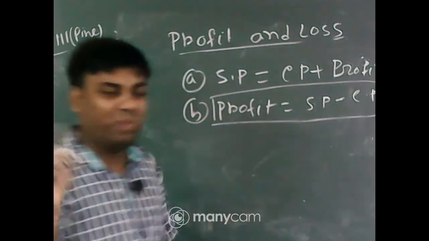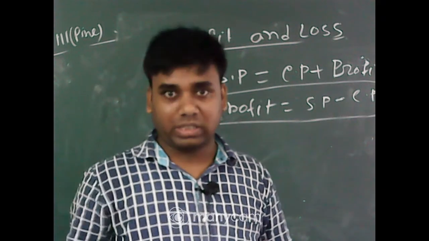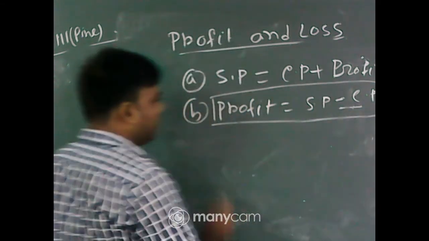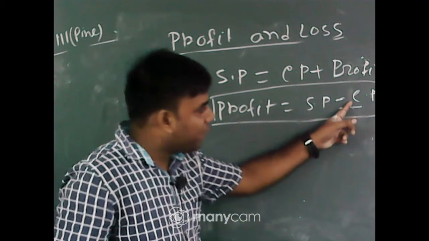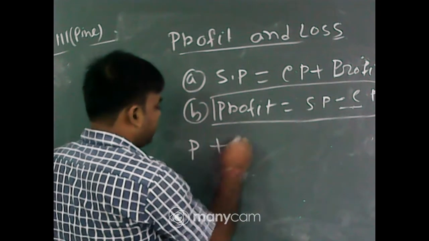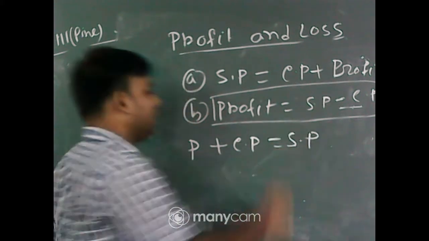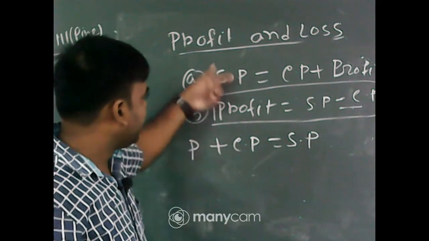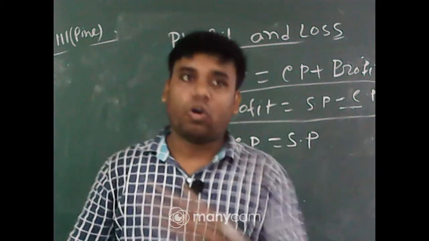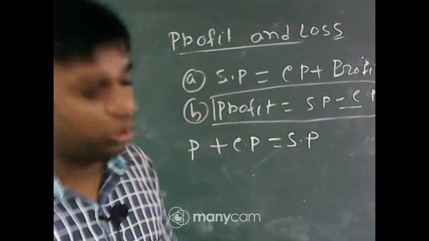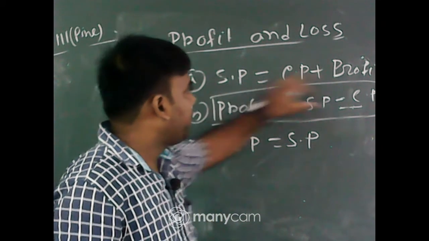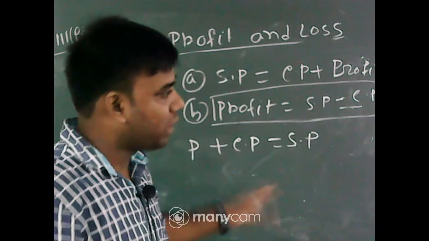Now we have learned the solving of linear equations. Just bring CP to this side. P is for profit, and CP is minus on that side of the equal sign, so it will be plus. Just think about that. So SP equal to profit plus CP. Except Chandranath, all of you have given the wrong answer, and well done Chandranath. Is it clear to all of you? SP equal to CP plus profit and profit equal to SP minus CP, both are correct answers.